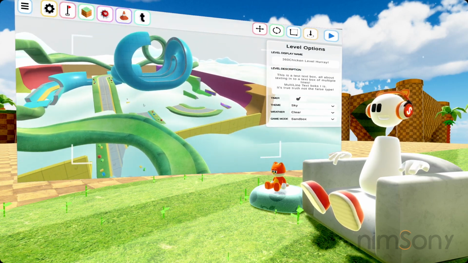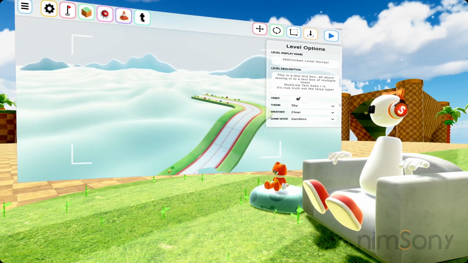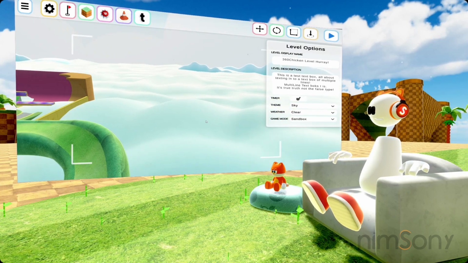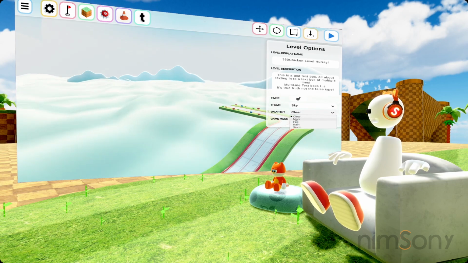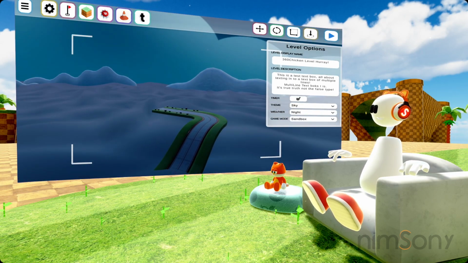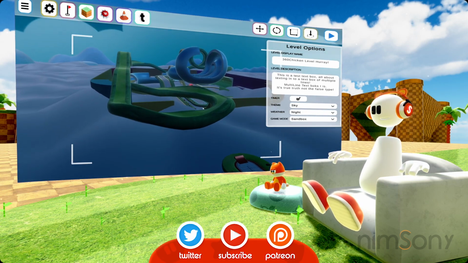So this again is a custom shader. I spent like 3 days writing this shader. It's a very nice wavy cloud shader. There we go. And this in the night looks really nice. There we go. Really nice cloud theme there. But you'll notice something